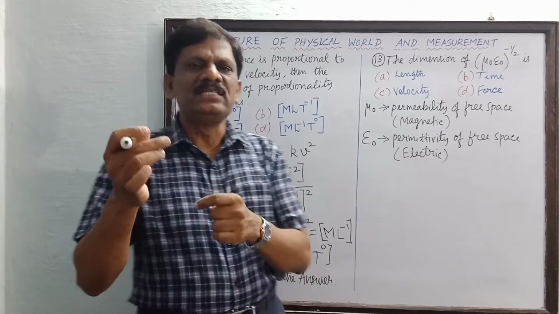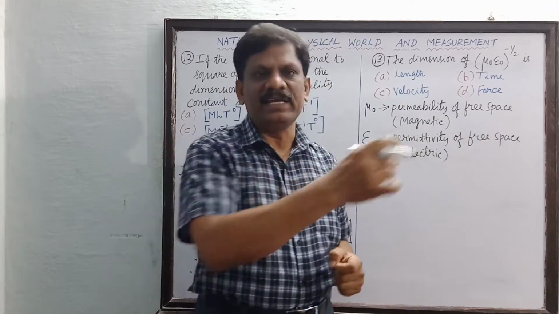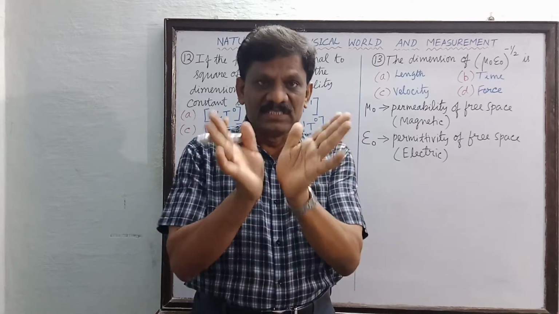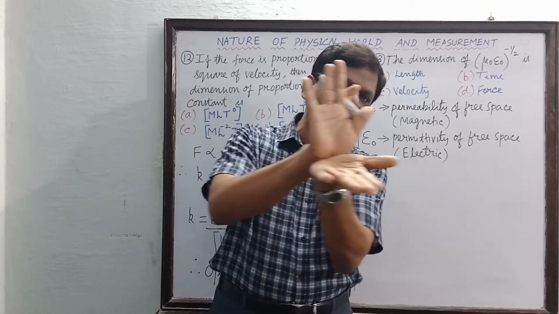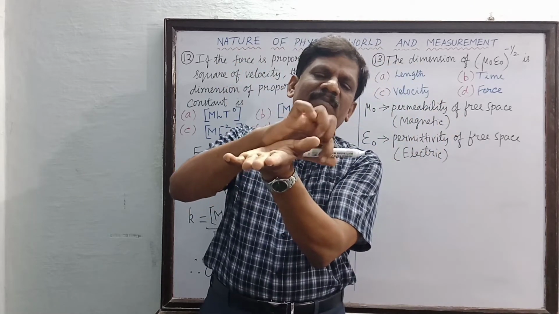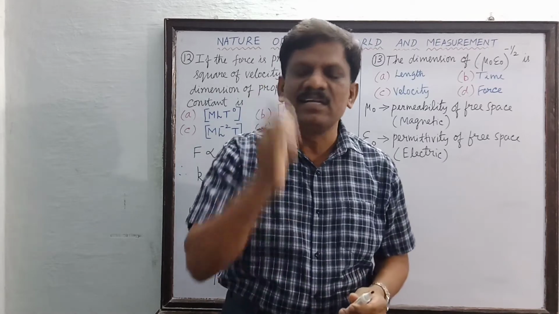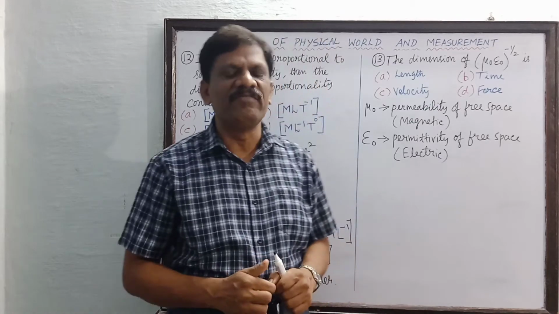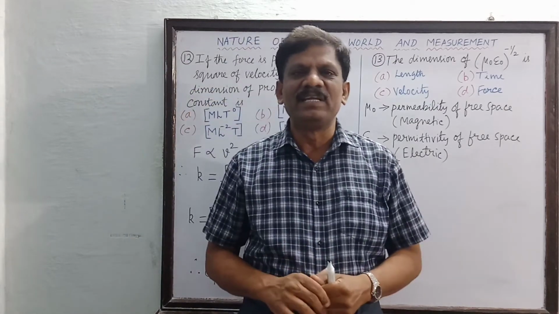Now light is traveling in free space or in air in the form of electric field and magnetic field vectors, which are perpendicular to each other. The light will be traveling perpendicular to both the electric field and the magnetic field with a constant velocity. You must have heard that the velocity of light in free space is a constant, and it is 3 into 10 power 8 meters per second.